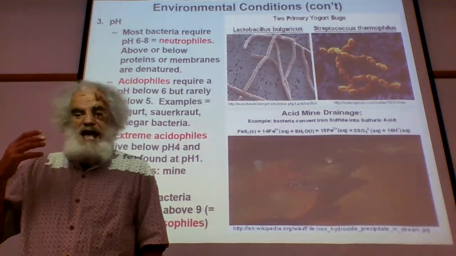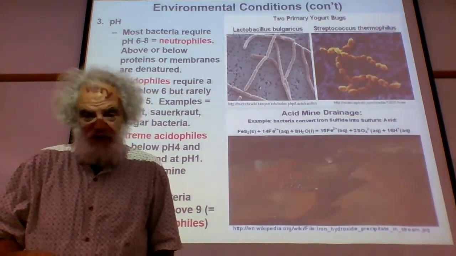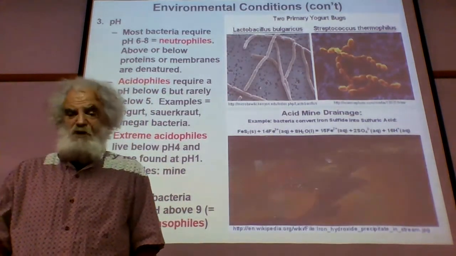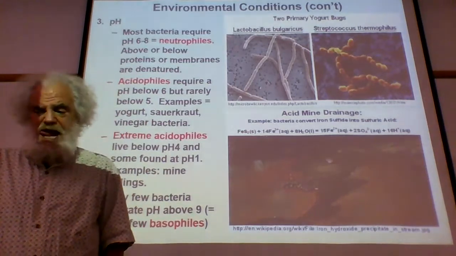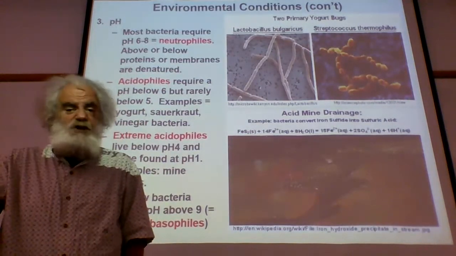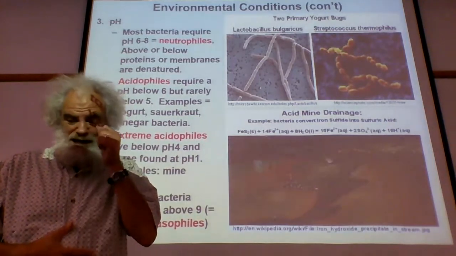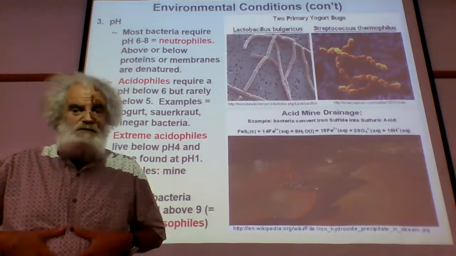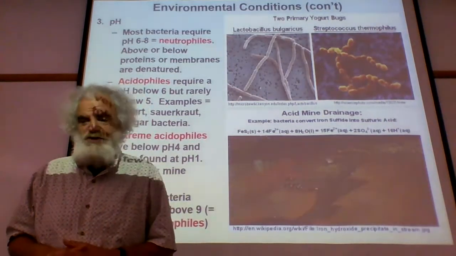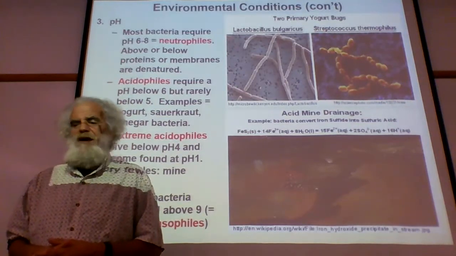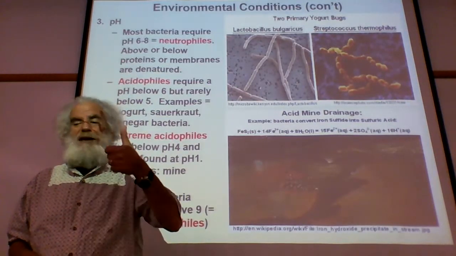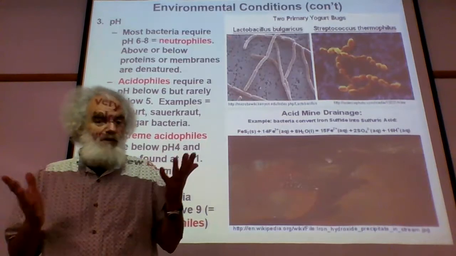Some are found at even pH 1, which is really acidic. I mean, that's like very nasty stuff. And they're able to actually thrive there. We have gut bacteria that are operating in our stomachs that actually operate at very low pHs. As it turns out, there's not a lot of bacteria that tolerate a real high pH, but there are some,